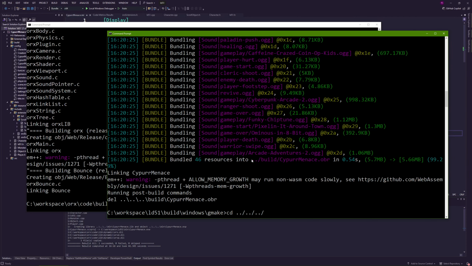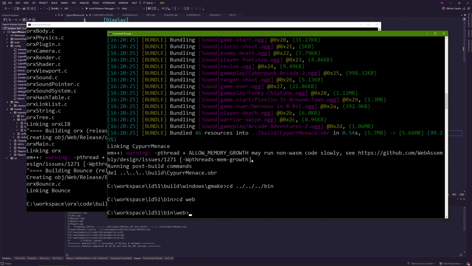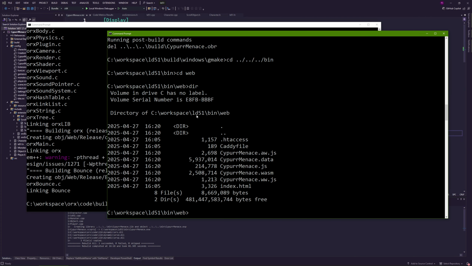If we go back and go to the bin folder, where usually we have our executable, there's a subdirectory called web. Inside this subdirectory, you will see the game we just created, and this is the JavaScript bridge for the game, and the actual code here is in WebAssembly. That's both the engine and the game here, and we have a bunch of other JavaScript for the audio worker and the thread workers. And this is the data. Basically, it's our bundle that's been transformed into some data that is processable by Emscripten.